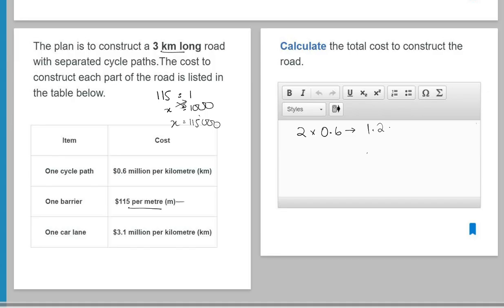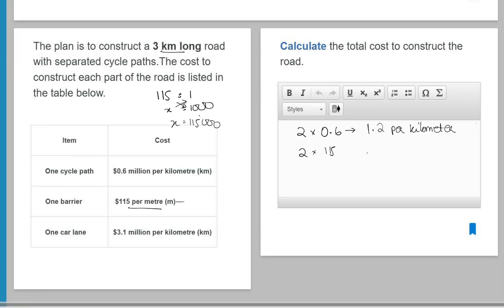$1.2 million per kilometer, because I don't know if each and everything is supposed to be a kilometer or not. Like I don't know if the one cycle path is supposed to be 1 kilometer or one car lane is supposed to be 1 kilometer. But what I'm sure is that each and everything is supposed to have two units at least, two values at least. 2 multiplied by 115